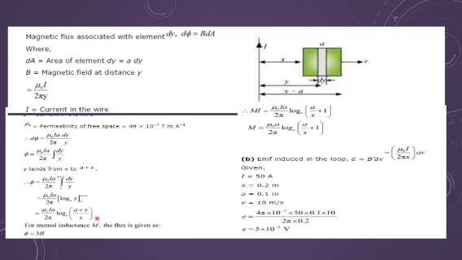You may call it equation number 1. The second equation I am taking from the definition that phi equals M I. If you equate the first and second equations, you can get the value of mutual inductance. I will get cancelled in both equations, and you are left with M equals mu naught a upon 2 pi times log of (a upon x plus 1). So this is the formula for the mutual inductance. This is the first part of the question, where you were to derive the expression for the mutual inductance.